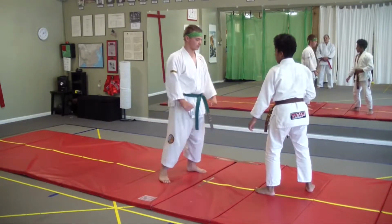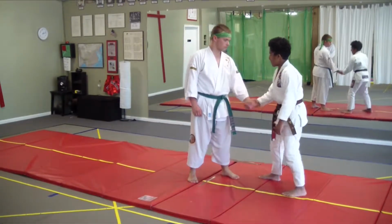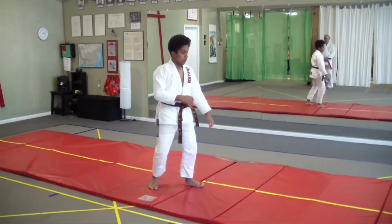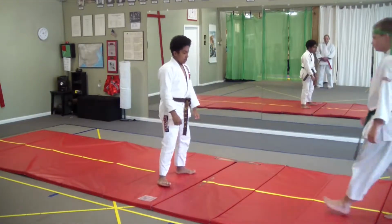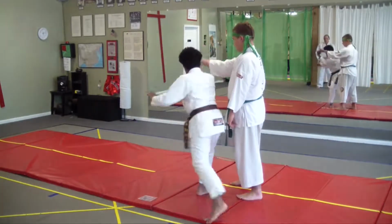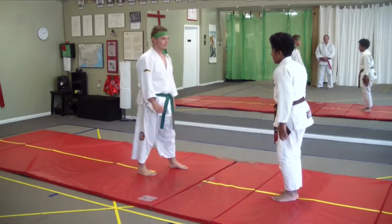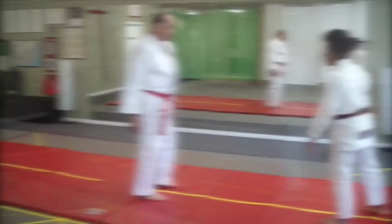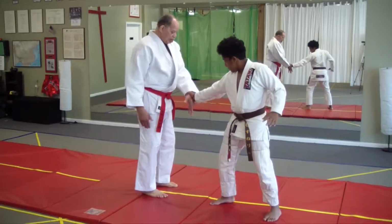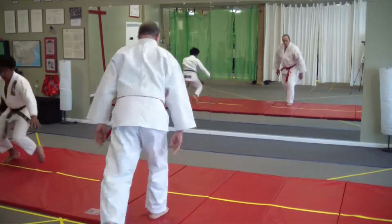Here, Troy and James will attempt to do a fingertip throw. Once they learn it, it will be very effective. Again, keeping pressure on the fingertips facilitates the throw. Here myself and James are going to produce the same type of throw, showing the correct positioning of the fingertip bend,